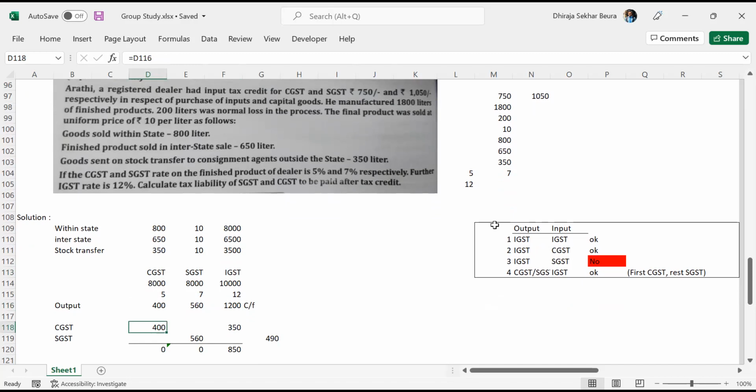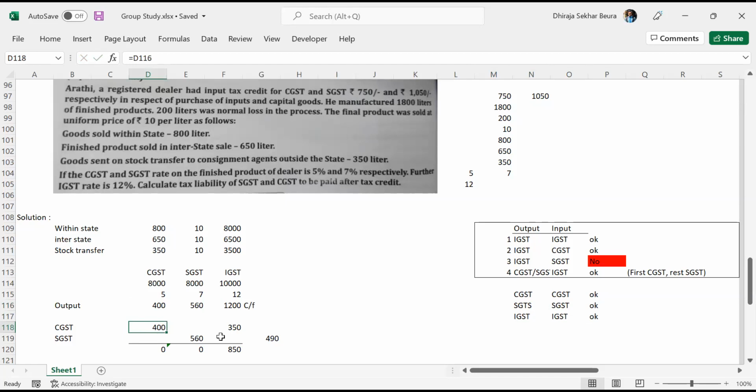See, here are the exceptions we have talked about. Normal ones will be CGST liability against CGST credit. Obviously, those will be okay. I have not mentioned that, so please do not get confused. SGST output liability against SGST credit, obviously okay. The same category will always be allowed. Similarly IGST. So first will be that only. So out of 750 of credit, 400 goes for the CGST